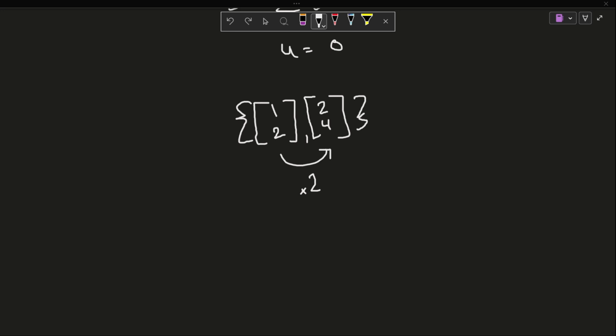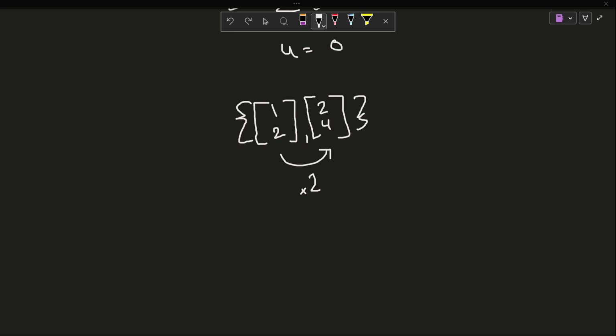And a lot of the time with linear independence, graphing it does help in a lot of cases, but you won't always have the luxury to graph it, so be comfortable using